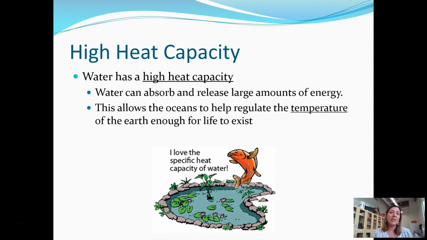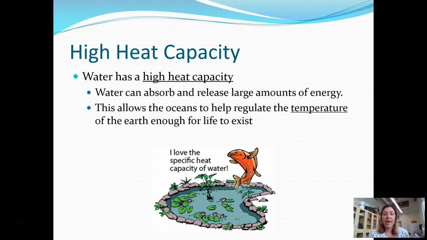So this resistance to change in temperatures very rapidly really makes water a great habitat for a lot of different organisms, right? Most organisms really can't withstand a wide range of temperature changes. So here we have a picture of a fish. If you think about fish, most fish have a pretty narrow range of tolerance, meaning that they can't live in